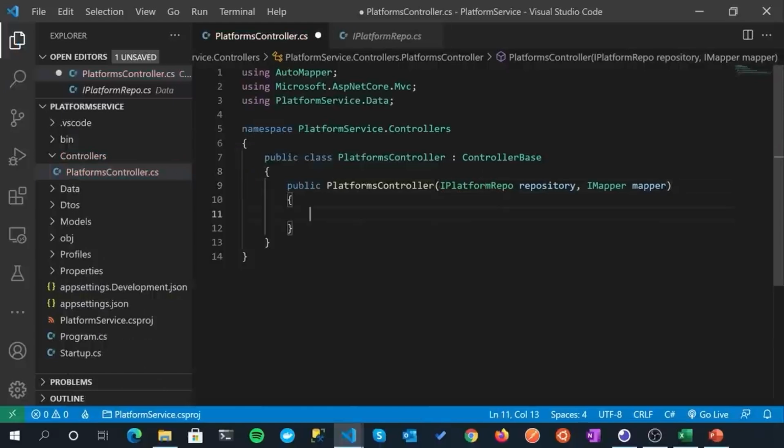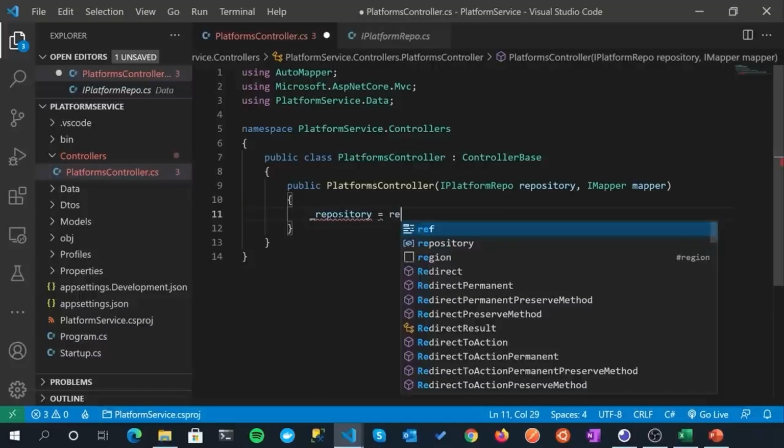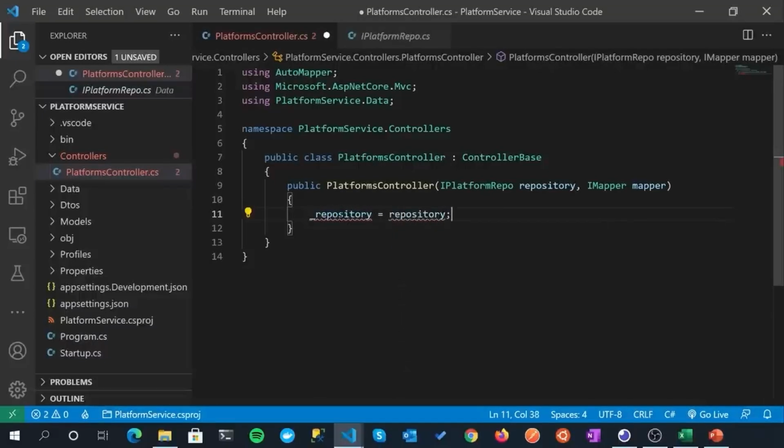Okay, now as usual, these two parameters are being injected. We want to assign them to private fields, usually denoted by an underscore. So we'll assign repository to _repository, and likewise for mapper. And we'll use these private fields inside our class.